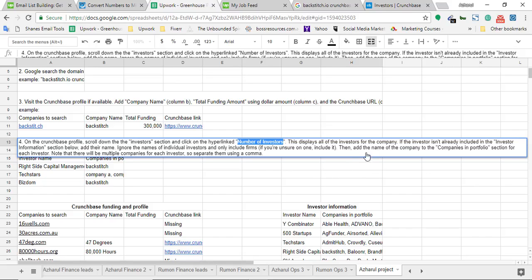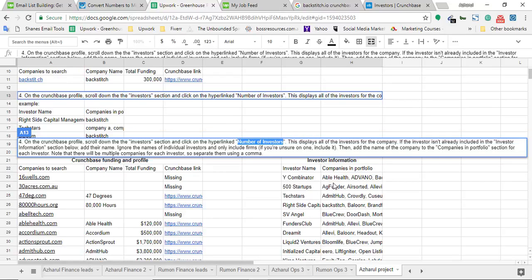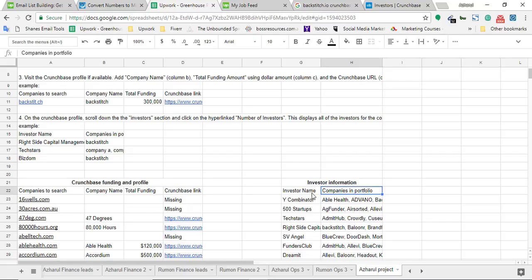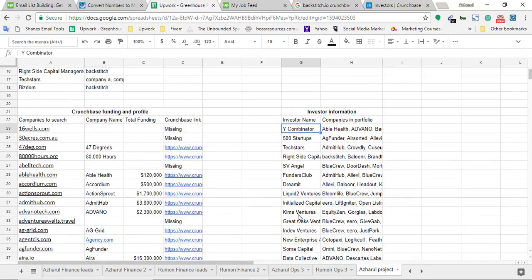Then let's see if the investors are already included in the investors information section below. Here we have the investors information section, and he's instructing about the investor name. Here we have 2 columns. The first one is investor name, and the second one is companies in portfolio. So if we don't have the name on this list already, then we have to enter it here. So let's move to the client's